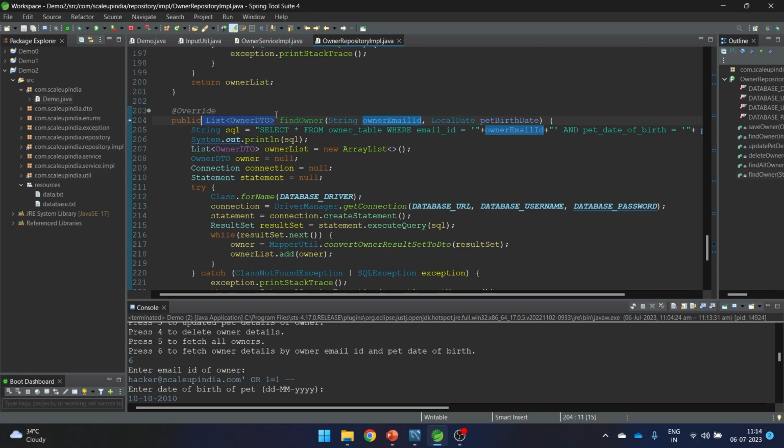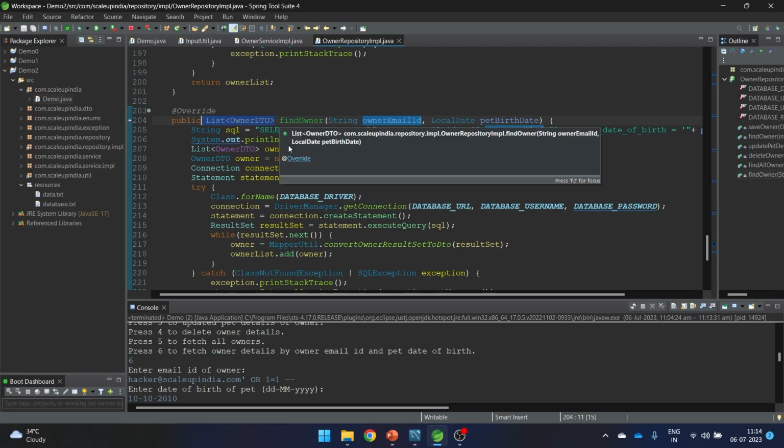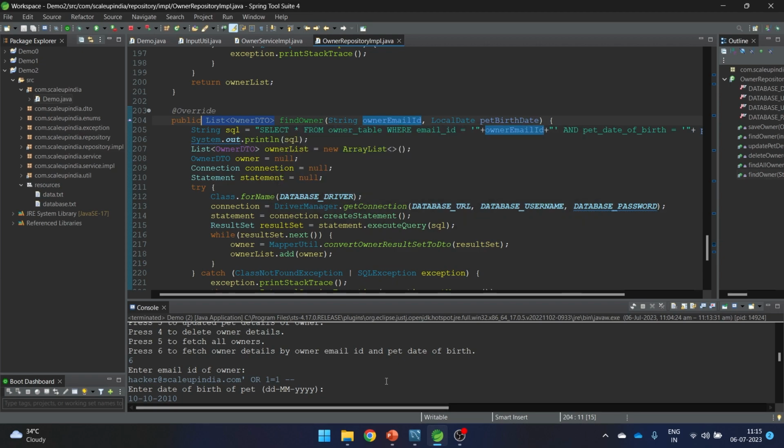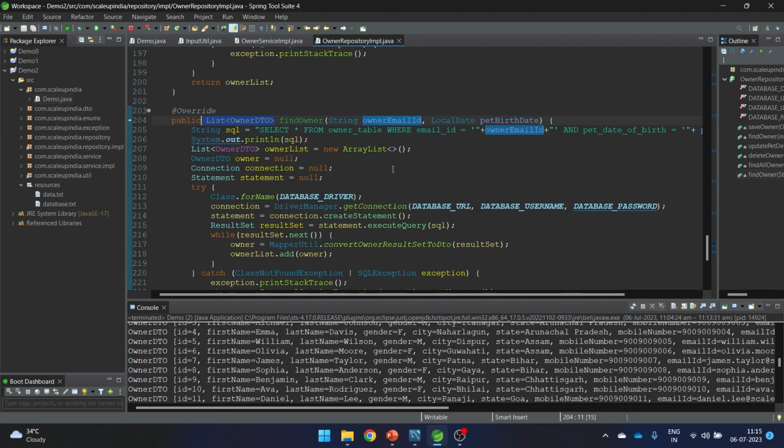I should be returning just a single owner DTO. Now imagine the hacker has given wrong data. Then also only one owner's data will be provided in the output, not the data of all the owners. So that way we can save the code.